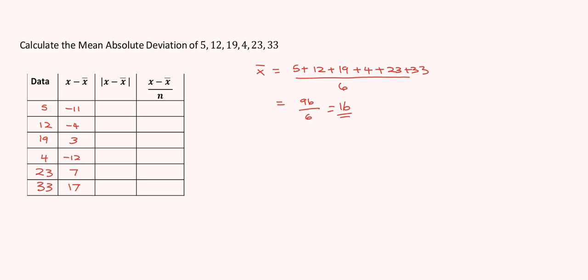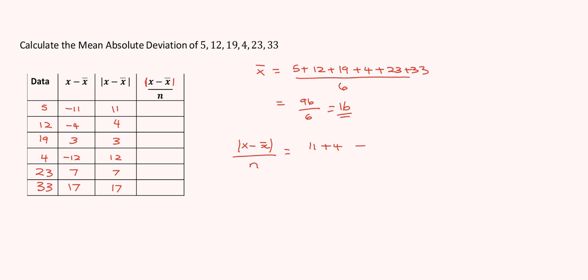Now we get the absolute value of each of these, so this is going to give us 11, 4, 3, 12, 7, and then we have 17. So here we now get the absolute value of the data value minus the mean, divided by the number of terms. So let's look at that. We have the absolute value of x minus mean, over n. That's going to give us